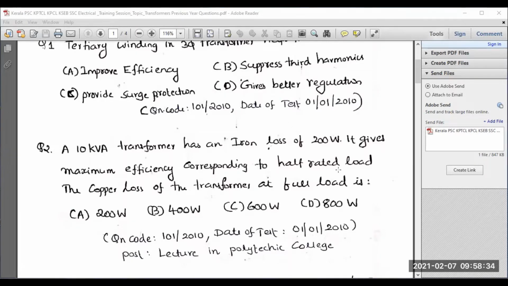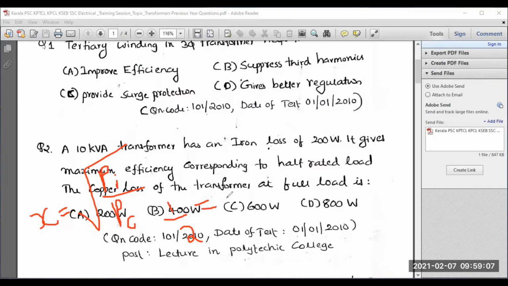You need to refer to the topic of the condition for maximum efficiency of a transformer at a particular fraction of load. There is an equation you have to refer to. Last session I have explained it; you can refer to my previous video. That means x, the fraction of load, is equal to the square root of iron loss divided by copper loss. Let me call Pi the iron loss and Pc the copper loss. What is x here? Obviously x should be 1 by 2, that means 50%, half load.